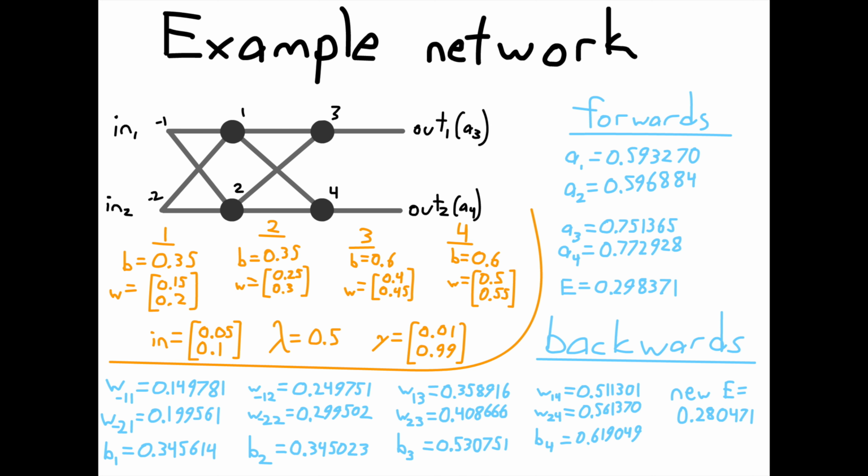Here's all the numbers for an example network, stepping through one iteration of forward propagation and back propagation. It's a bit tedious, but walking yourself through the actual process is extremely helpful in wrapping your head around what should be happening, as well as where any errors in your code could be.